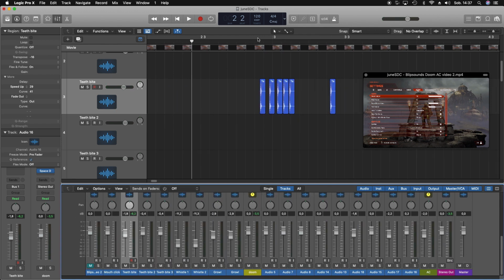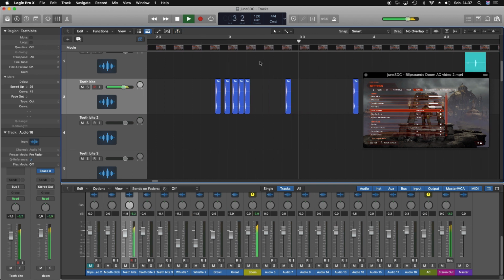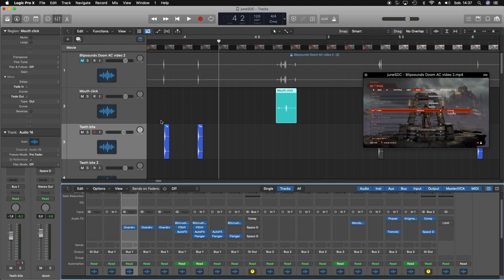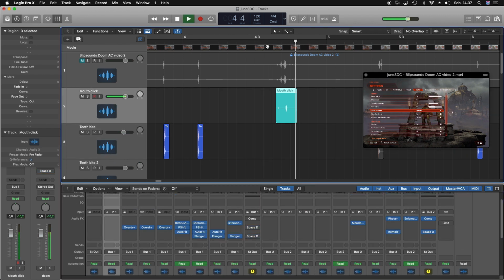So we have the basics, then we have a mouth click. What is mouth click? Mouth click is a mouth click. And with all of the bass effects, it's like,